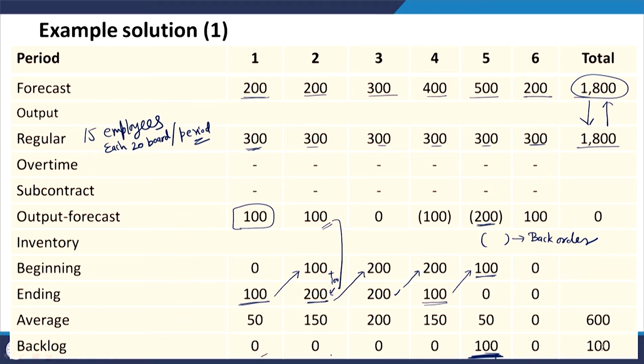For all these previous periods, there is no backlog, because you are able to fulfill the demand either from the current period or whatever is available from the previous periods. From that stock you are able to fulfill the extra demands. But in the fifth period, you finally have some backlogs. Then, since there is 0 inventory left with you, this 0 will go to beginning inventory level at the 6th period, and in the 6th period you have a demand of 300 units.